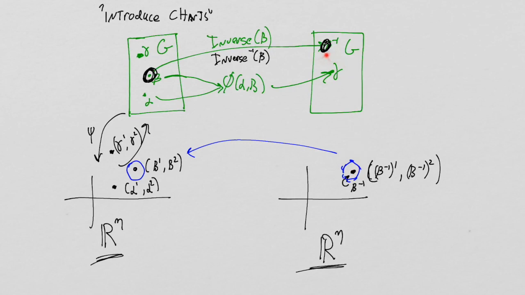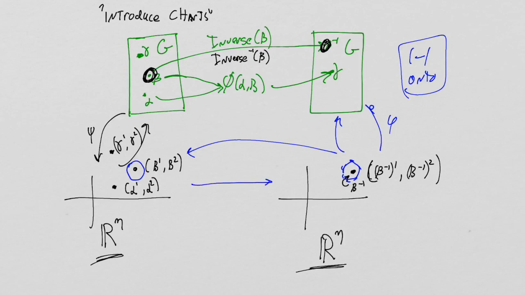And these guys correspond to actual group elements through the chart mapping psi, which are homeomorphisms, which means they're not only continuous, but they're one-to-one and onto. So they're really, really important. But they're so important, ironically, that they kind of fade into the background. The reason they can fade into the background is because what they've done is take our mind away from here and just put us right here, where all we think about now is everything in terms of coordinates. And so the inverse function is really now inverse beta 1, beta 2. That's the function we're allowed to think about down here. And if we really want to get up into here, we have to think about